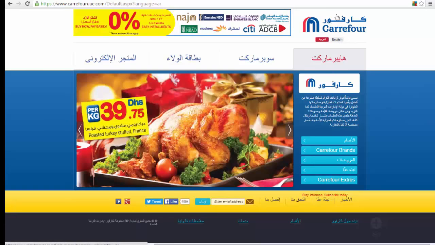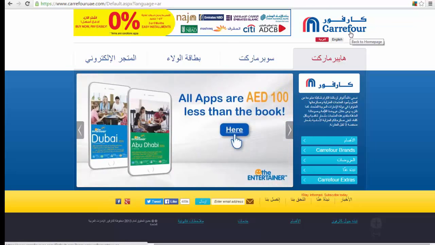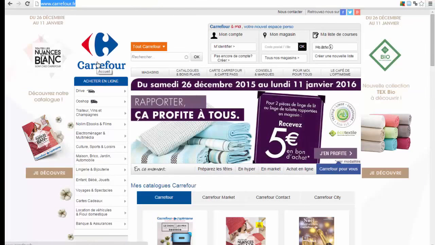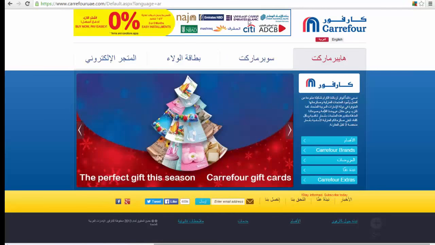The logo comes with Arabic and English, which tells us that this business is for the Arab locality. Here the logo is just Carrefour, nothing else, because Carrefour is a French word. So we have all kinds of marketing going on here. We have pictures, we have all of this basic information. It's in English, and if it is not possible to translate something in English, it displays in English, which is fine. So if you want something like this in your website, a website with 2 languages,